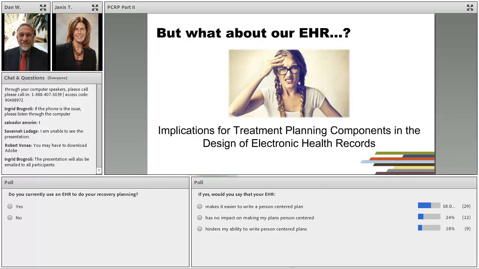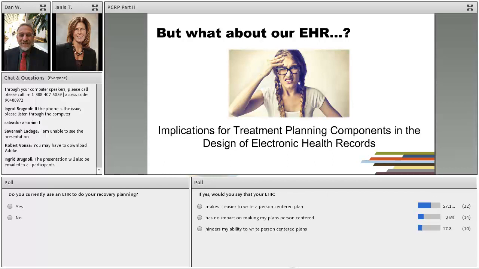Okay. You guys keep filling it in, and I'm going to start. So, as I suspected, the vast majority of you and people in the field are now working with some kind of electronic health record. It is a fact of life, for better or worse, and in all their variations. And one of the things I want to see is to what degree that record either feels like it's facilitating the practice of person-centered care, has no impact on it, or in some ways gets in the way or makes it harder to do.